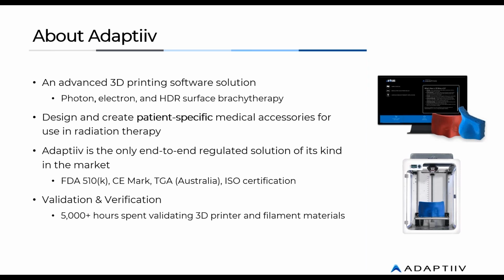We use patient data, so a CT scan from a patient. We actually use that in conjunction with our software to create these patient-specific accessories. So in a world that's transitioning and already moving towards more personalized healthcare, a modern approach using technology that's available now, we feel that we fit very nicely into the way that modern healthcare is shaping. So Shauna will take you through exactly the benefits of that and the features of our software solution and how